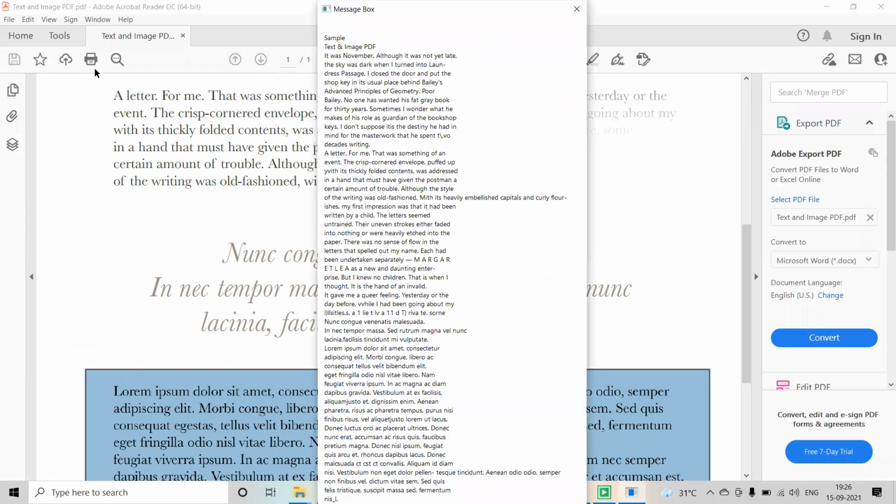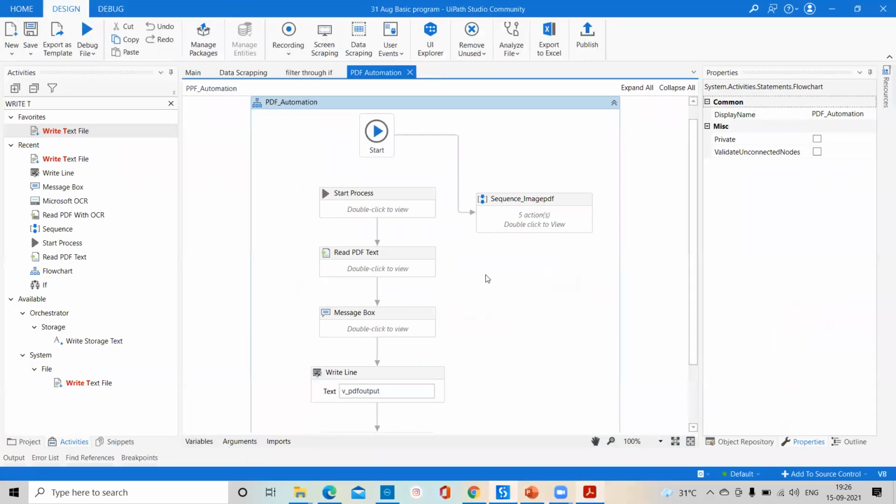It's already launched, and right now you can check the changes. In this message box you can see we are getting all the data, whatever your text and whatever your image. Even so, you can see we are not getting the OK button properly. Sometimes in a message box, if you are not able to get the OK button, you have to just press Enter, and now we are able to close it. So close the UiPath bot.